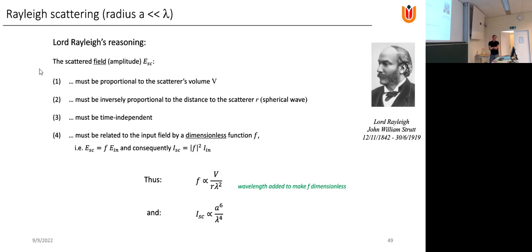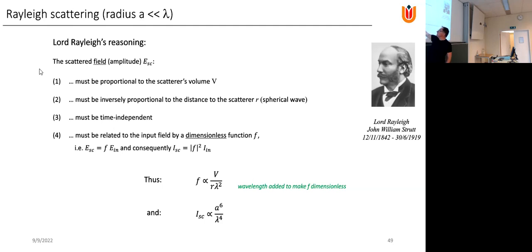The scattered field must be related to the incident field by some dimensionless function, because it has the same units. So that means that we could write the scattered field as equal to this function f times the incident field, and consequently the scattered intensity is equal to f squared times the incident intensity. Now, by combining all these requirements, the proportionality function f is proportional to the volume,